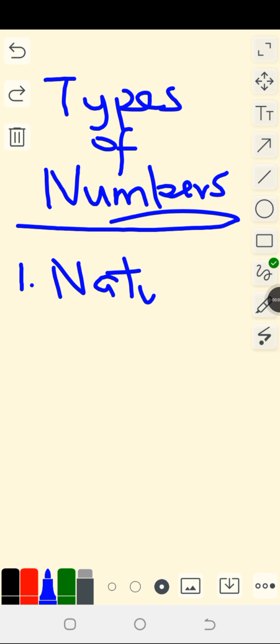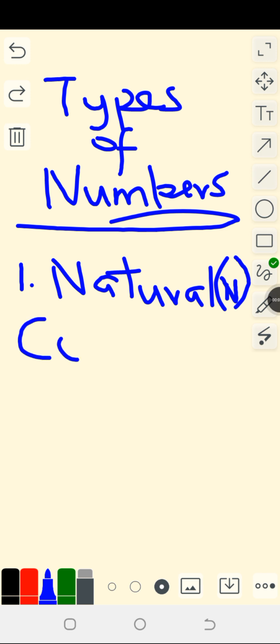The natural number is represented symbolically as a capital letter N. A natural number is also called a counting number. That means if you don't call it natural number, you can call it a counting number. You can match the two together: natural counting numbers. Now, what are natural numbers? We refer to our natural numbers as whole numbers, which start from 1,